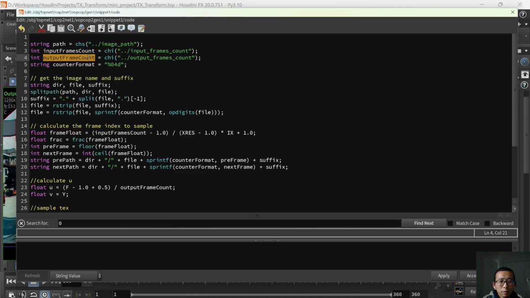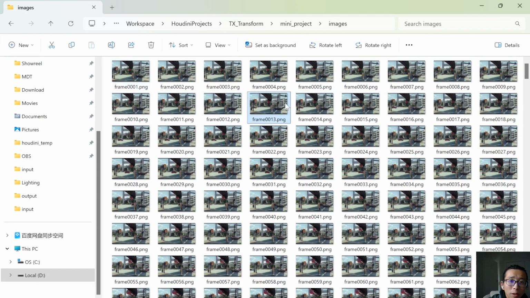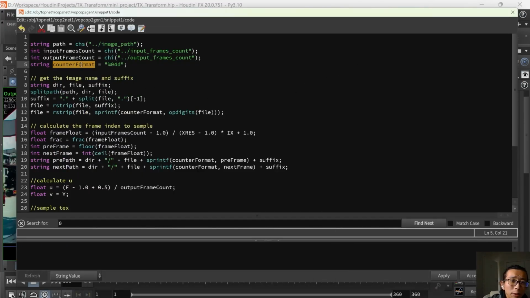If the frame is long, it will go very slow. If it's short, it will go fast. So we can adjust it using parameters. And all this is some format, because our images have four numbers to represent the frame count. So we use this to replace this number, and then we can get the image name and